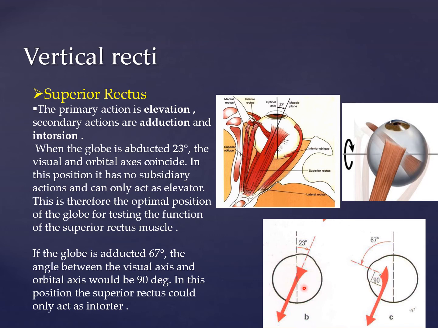Now, because the axis of muscle and the axis of eyeball are the same, it is the best position to check the action of superior rectus. Ask the patient to see in the lateral gaze and then ask him to look upward. We will do this in detail when we do the positions of gaze in the next lecture. Just make a concept that superior rectus is purely an elevator when the eye is in abducted position. Don't get confused with its tertiary action of adduction with this abducted position of gaze.